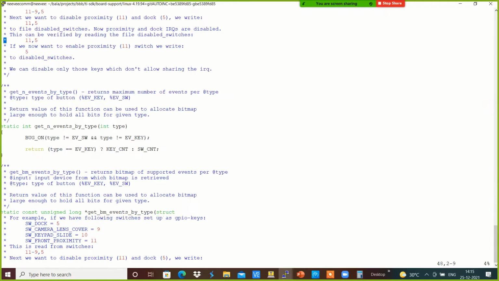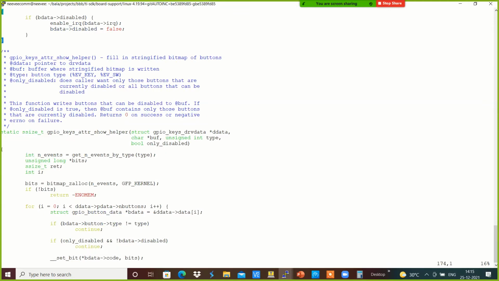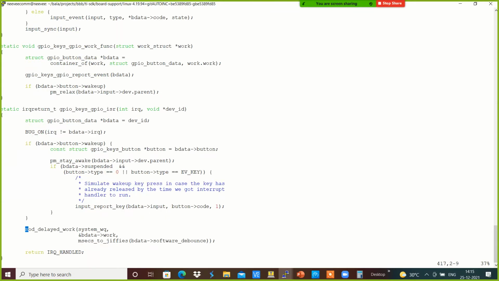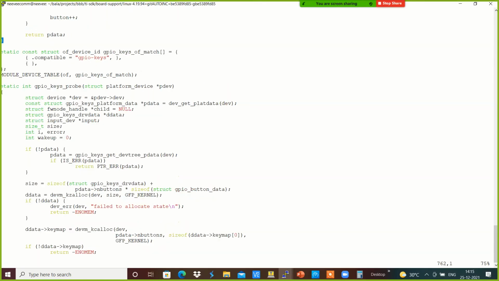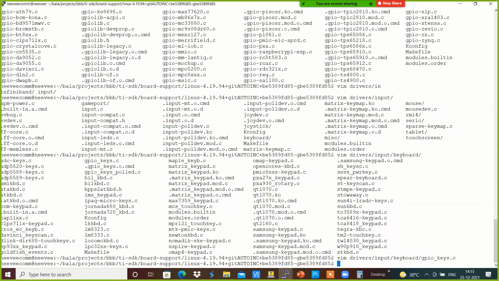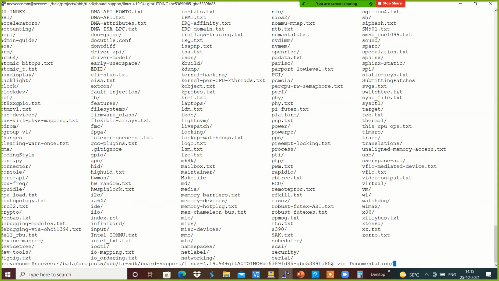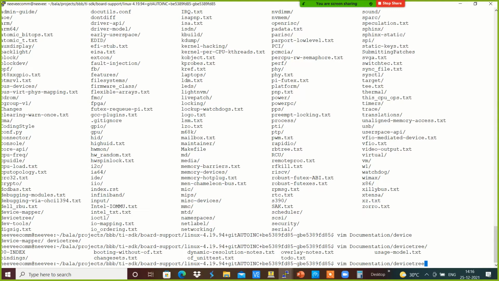Yeah, this basically handles the GPIO keys accordingly over here, and that provides the respective output to the keys, so that we can get the information about this. We can have something like it in the documentation, and inside that we will be having the device tree, not this one.